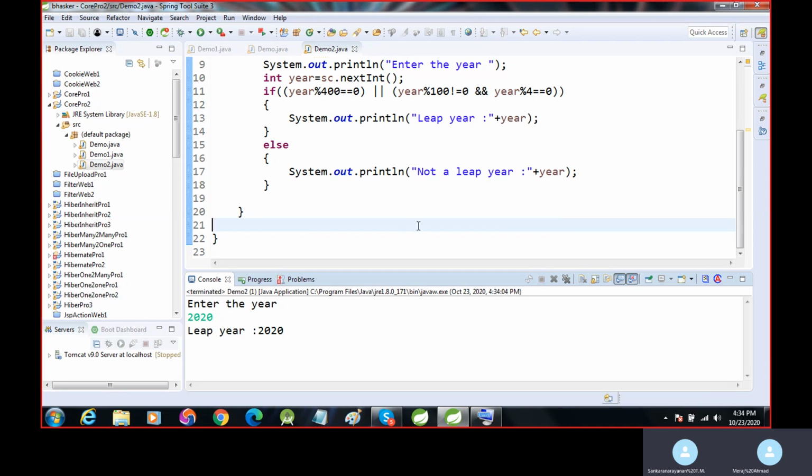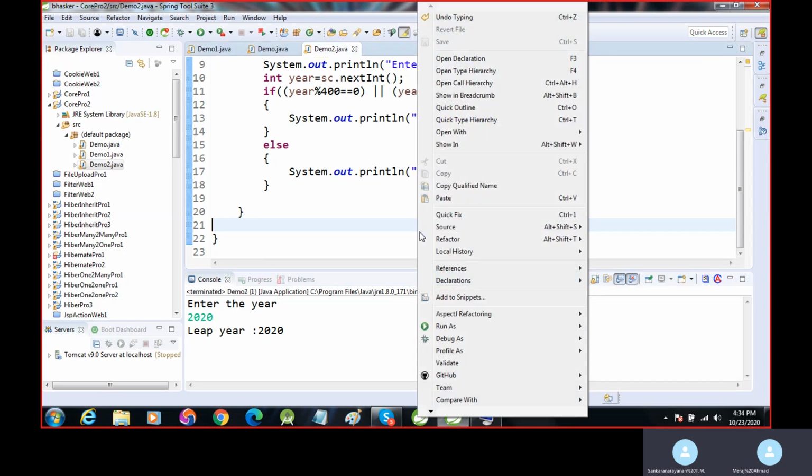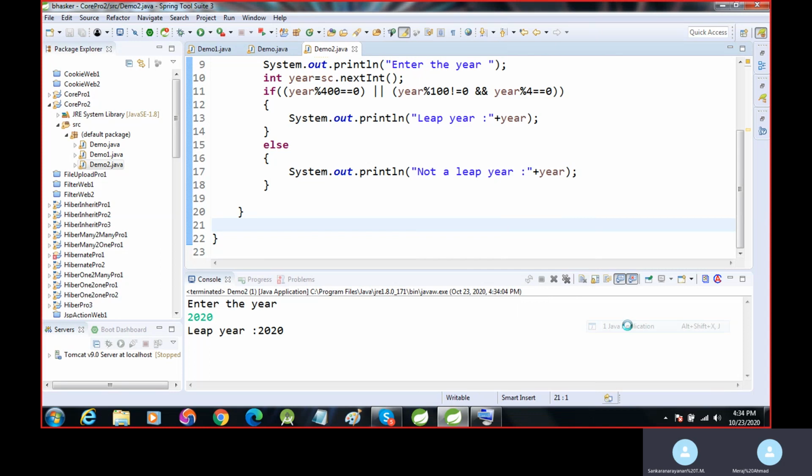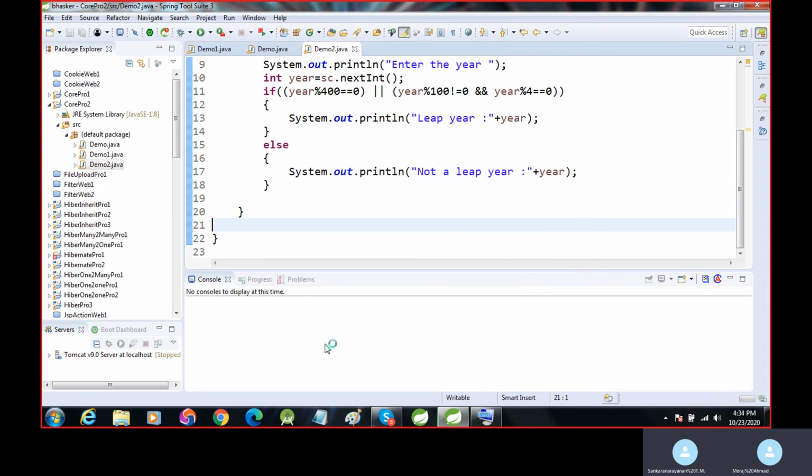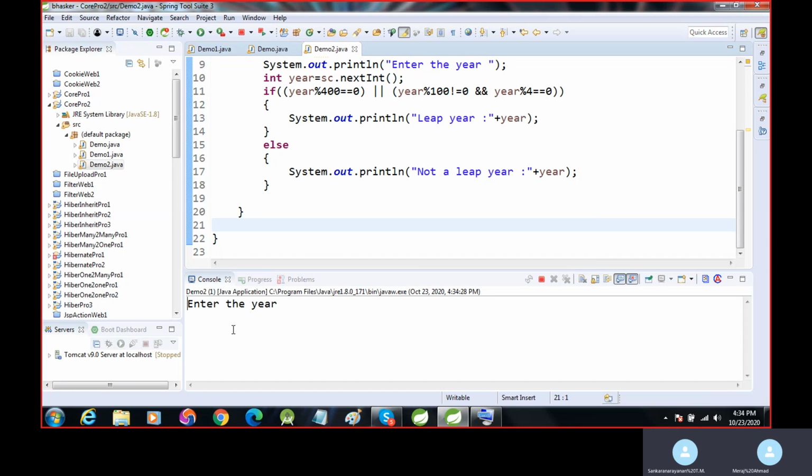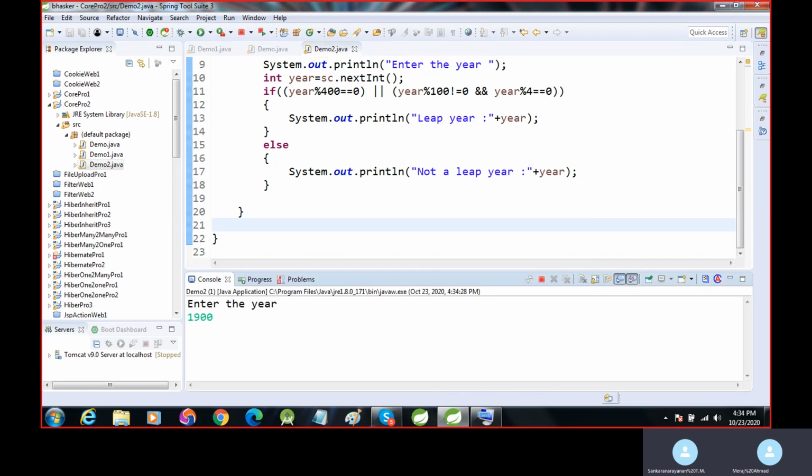But 1900 is not a leap year, because 1900 is divisible by 4, but it is also divisible by 100, and it should not be divisible by 100. 1900 divides by 100 without any remainder, that is why we are not accepting it.